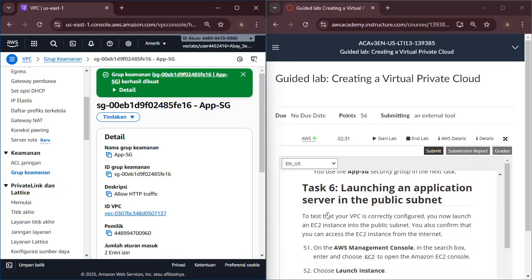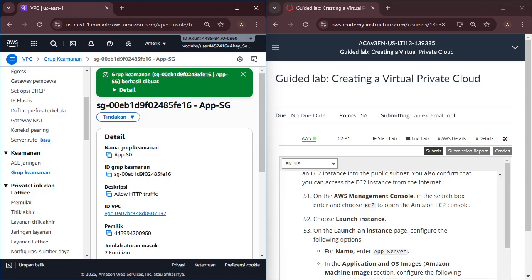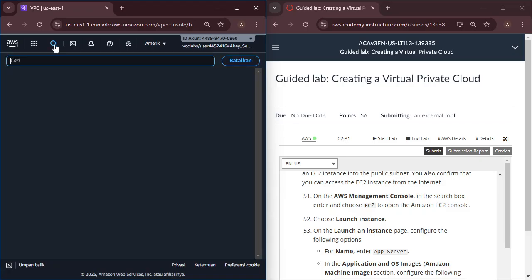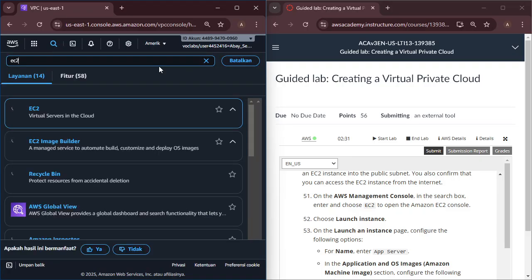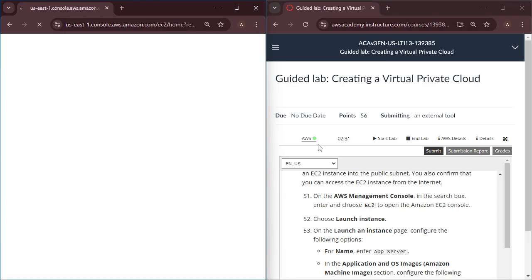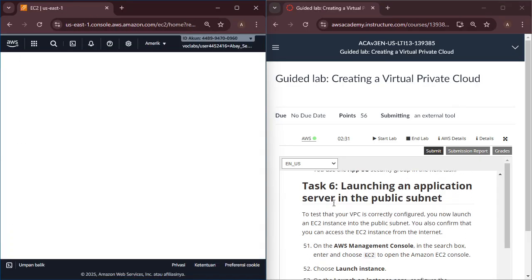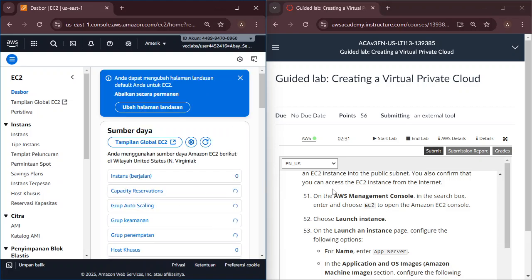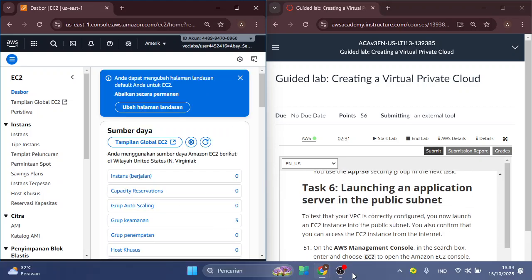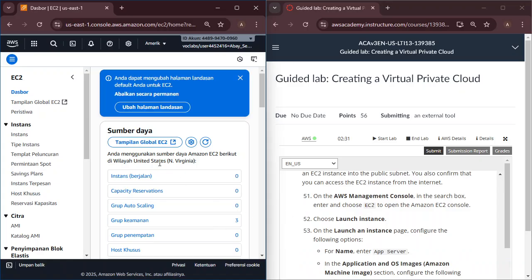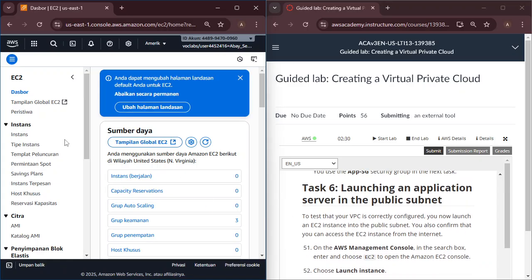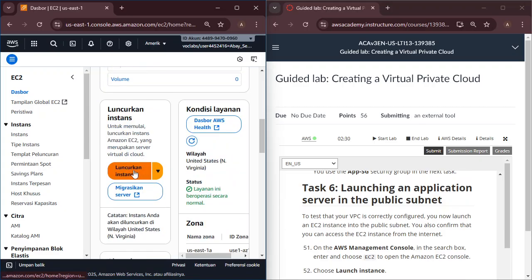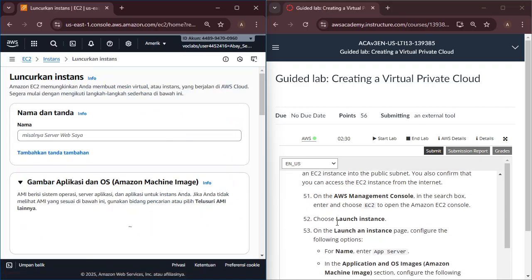Okay, after creating, next is task 6: launch the application server in the public subnet. On the AWS Management Console, in the search box, enter EC2. Instances.